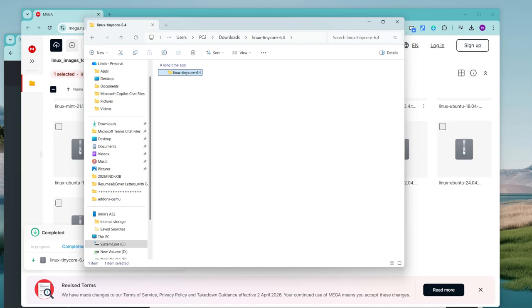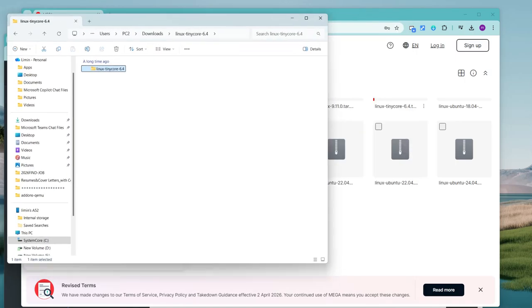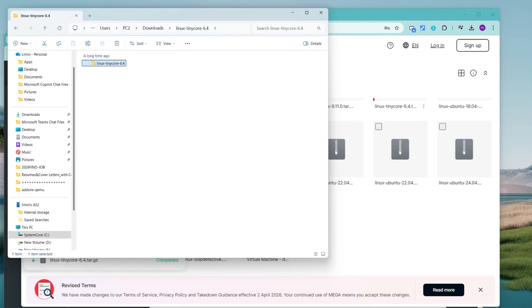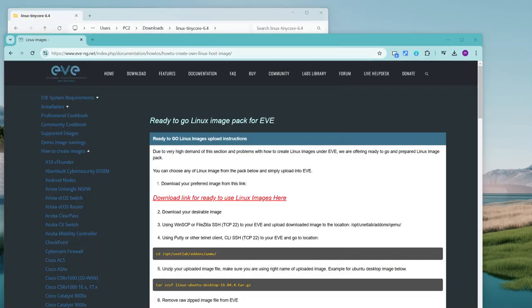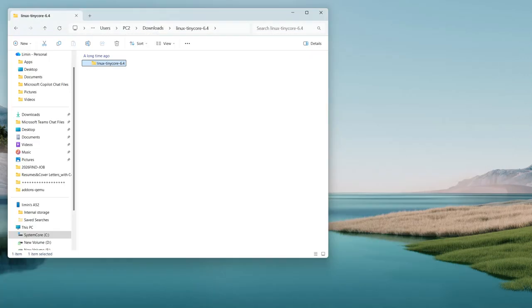Yep, looks like this. Okay. This flag, everything already looks good. Next, okay, next my